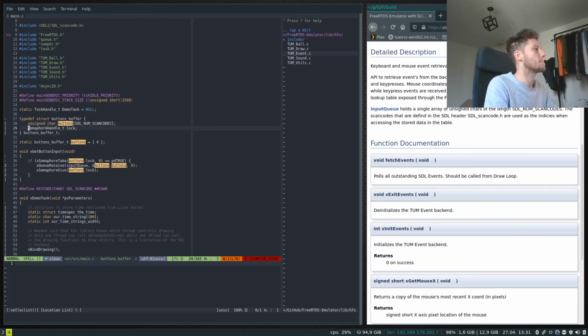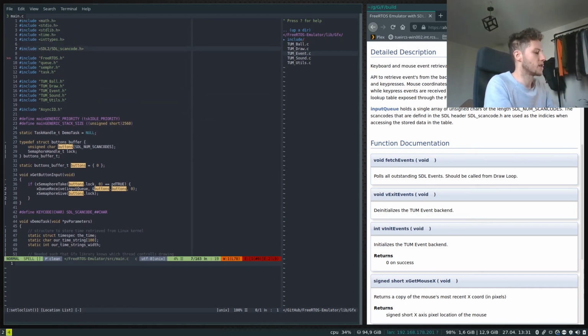Now, the SDL backend handles the events, but it also has these scan codes for each button. So each button has some value attached to it. It'll return an event for a key press, and it'll say 4 was pressed. Not literally the number 4 key, but some number that's referenced by the number 4, and this is called a scan code. The scan codes are all defined in this header file here. So if we go to it,